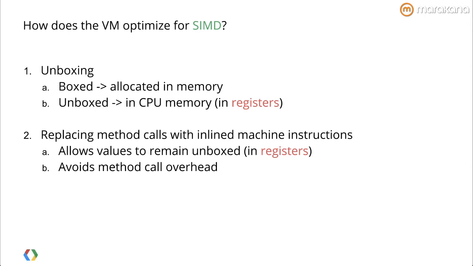And the second optimization that we apply is replacing method calls with inlined machine code. And that's why that inner loop looked so great. It just had the load and the add. That's because we've inlined all of the method calls like add and go and load this value from this array at this index. All of that gets replaced with just the single instruction that can express these concepts. And this also avoids method call overhead, so we don't have to go through the prologue and the epilogue of calling into and exiting from a function.